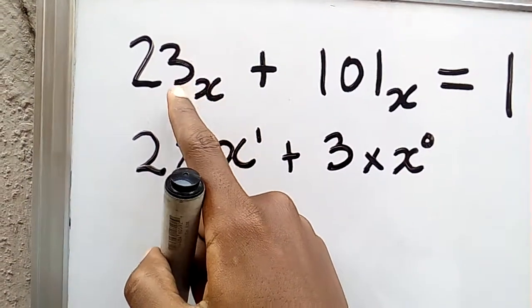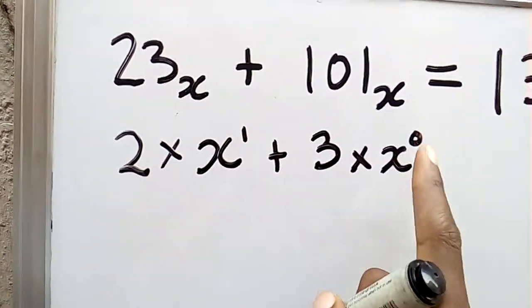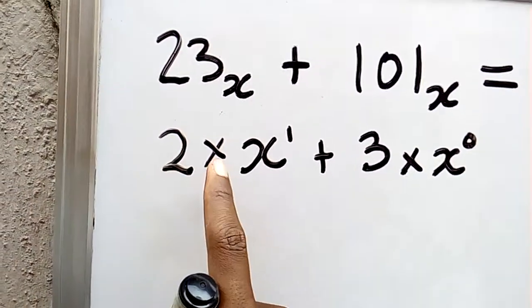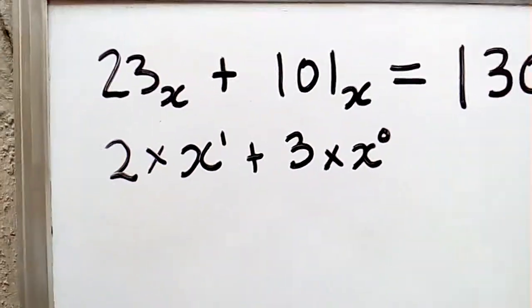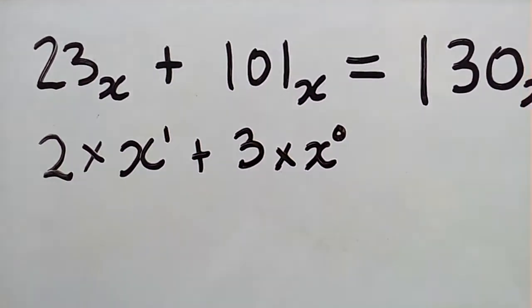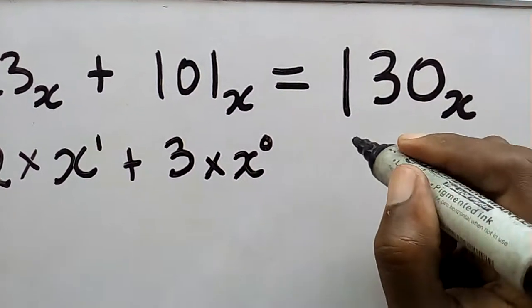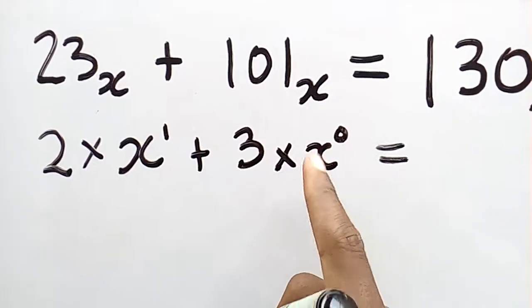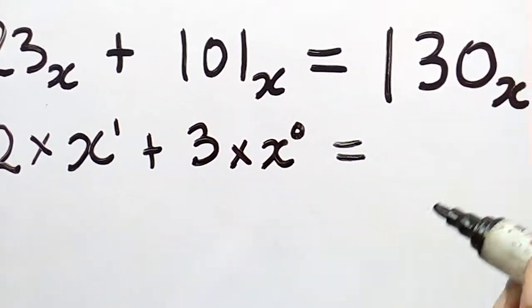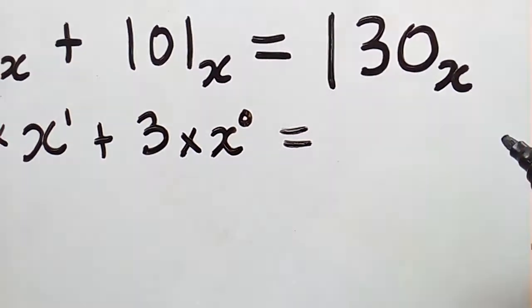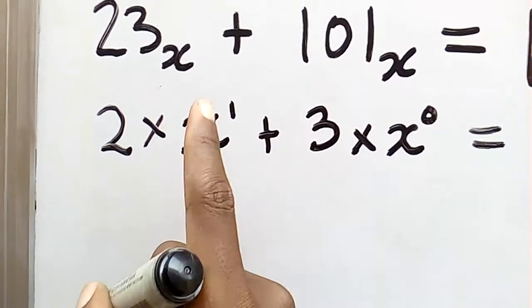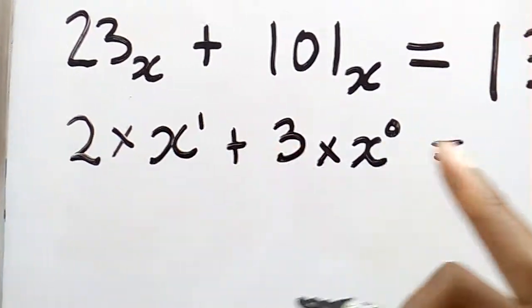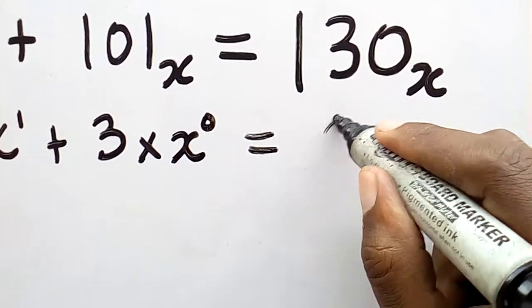Started with the last digit picks on x raised to the power 0. The next one picks on x raised to the power 1. Alright, so let's see what this is going to give us. Anything raised to the power 0 is 1, so 3 times 1 is going to give us 3. Anything raised to the power 1 is that same thing, so we're going to multiply this by 2, and we have